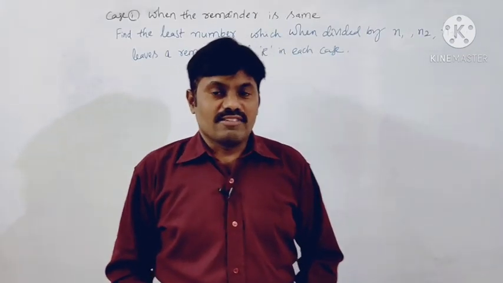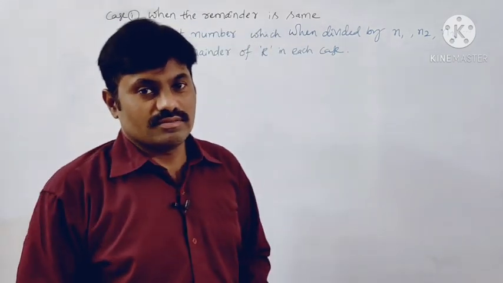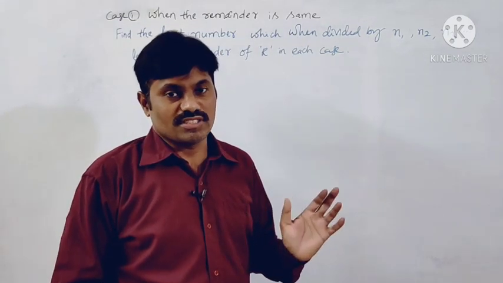In this session we are going to discuss problems related to LCM itself, but the problems will be remainder based problems. We will also discuss some shortcuts related to this concept. So let us solve the first problem, then we will come to know how to solve all of these. If the problem is in this model, how do we solve this type of question?